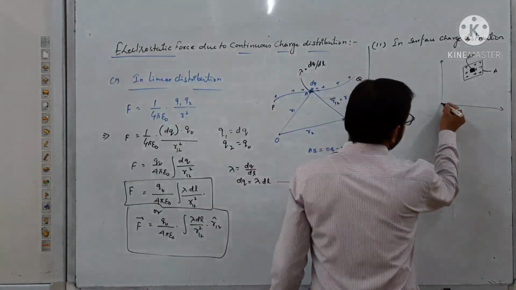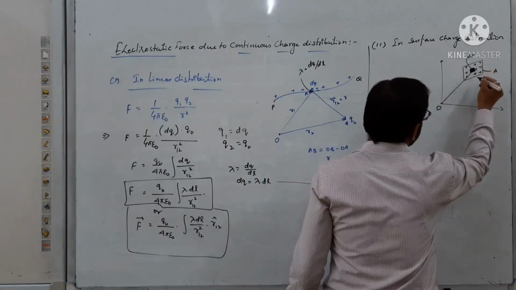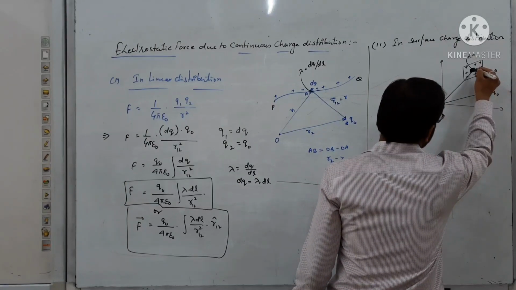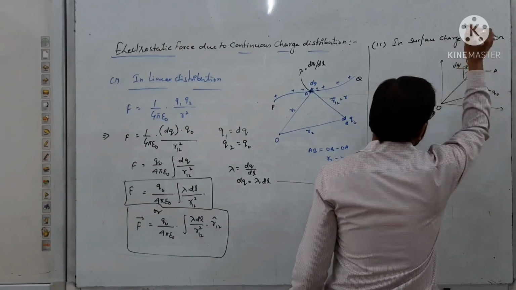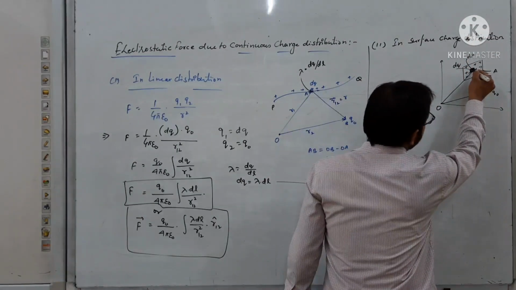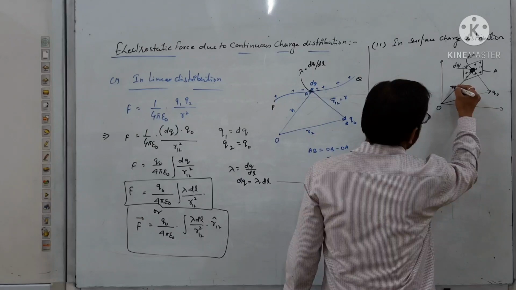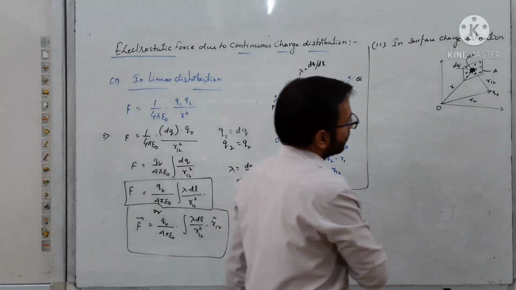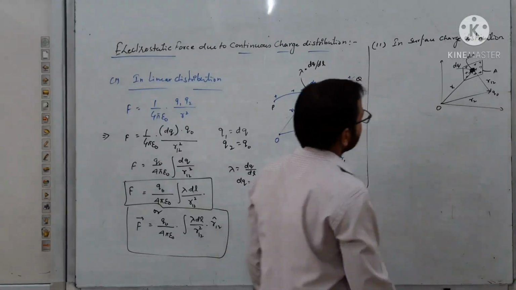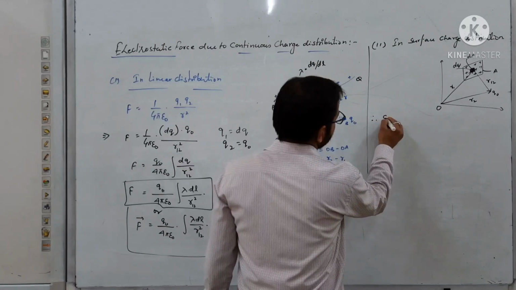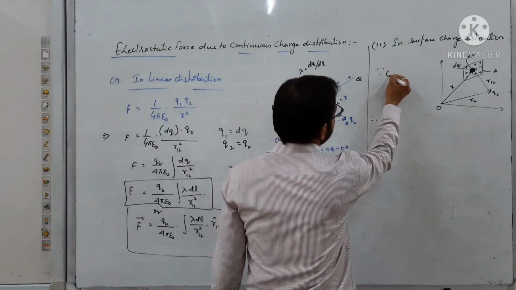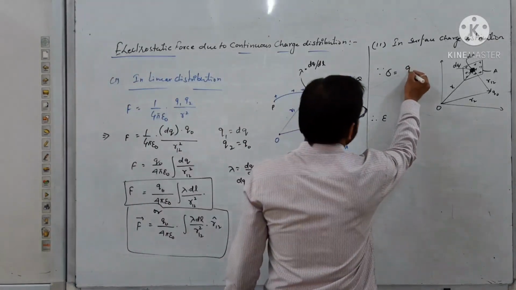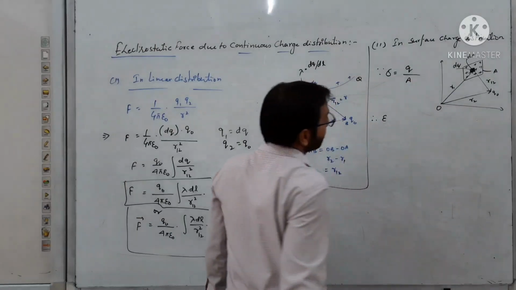Now here, this is again the origin point. Now the locations of the two points: say q naught is placed here, and dq is the charge on this elementary area, and this is the same as before: r1, r2, r12. Got it? So what will we do? We will do it directly here. Therefore, the electrostatic force, as you know that sigma is the surface charge density, and its formula for charge q and area A is q upon A.